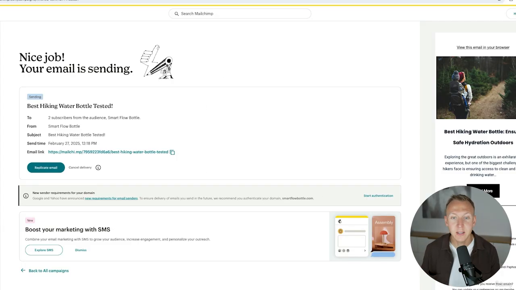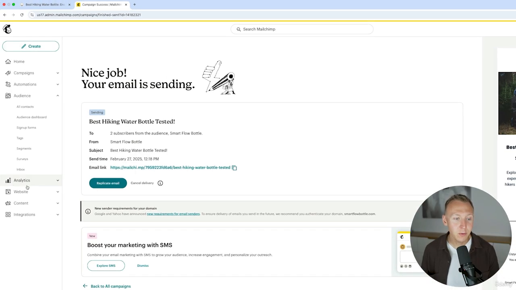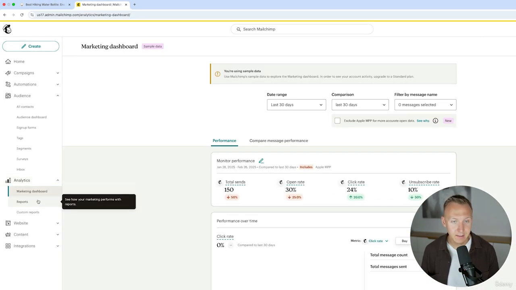So MailChimp won't stop sending out your emails, or you start ending up in people's spam folder because it's not a recognized or approved domain name. And once we've done this and we've made sure that our email is sent out, we want to understand the analytics part of it. So we're going to move over to the left where it says analytics and click on